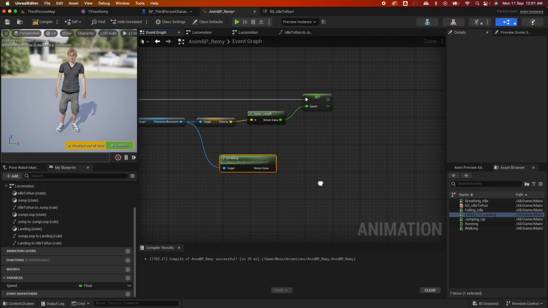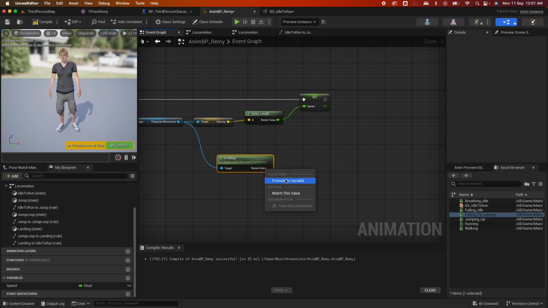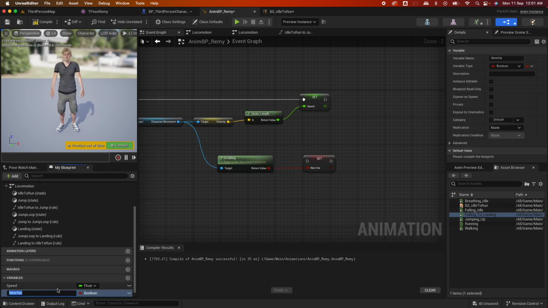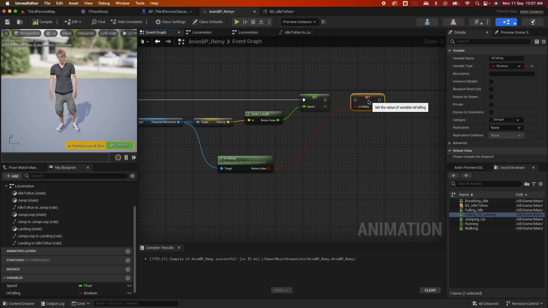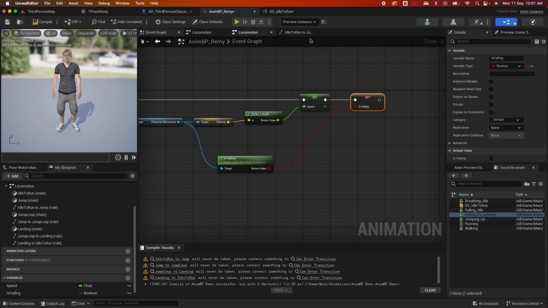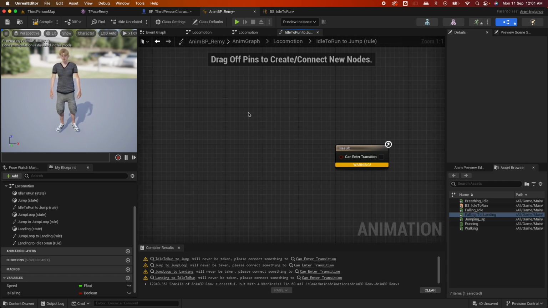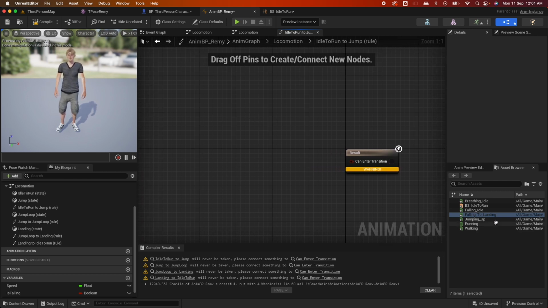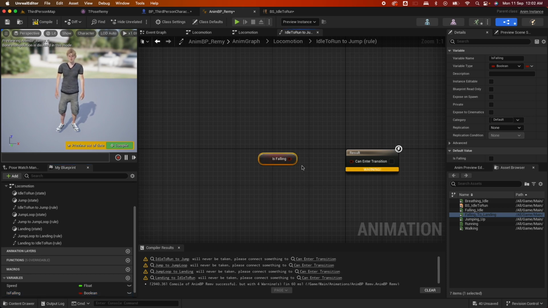So when it's falling, promote this to a variable and call it is falling, and hook it up like so. I'll save, and then go back to your state here, and from here you could drag the is falling variable,